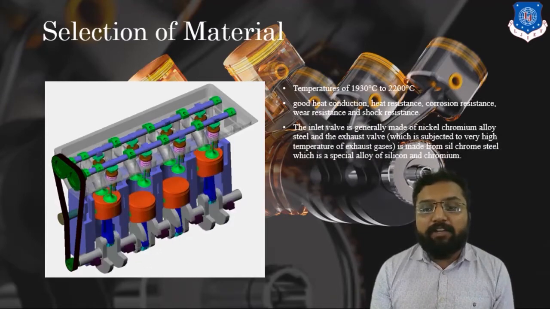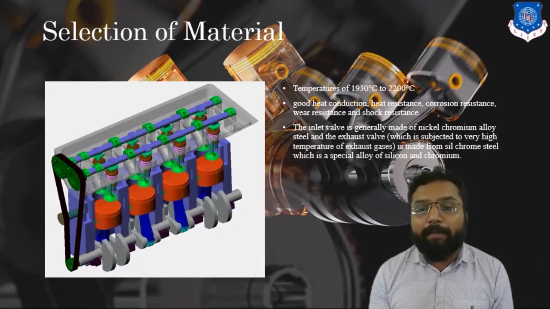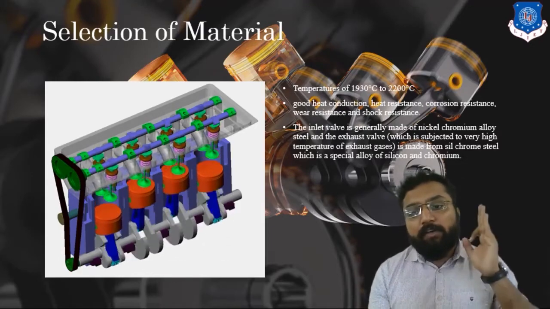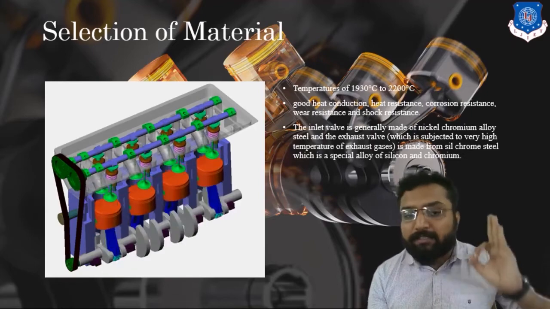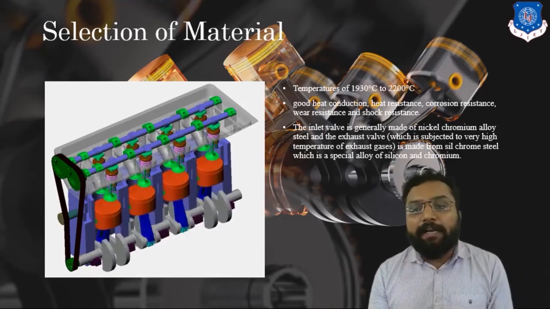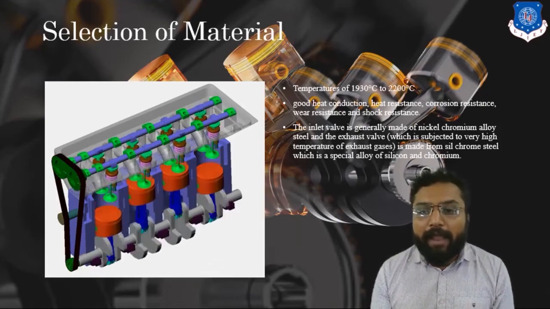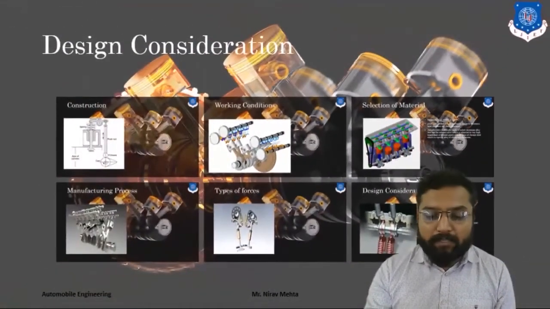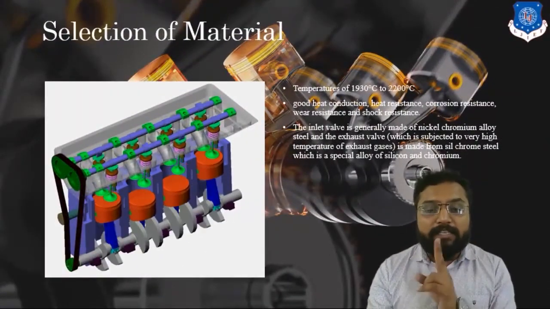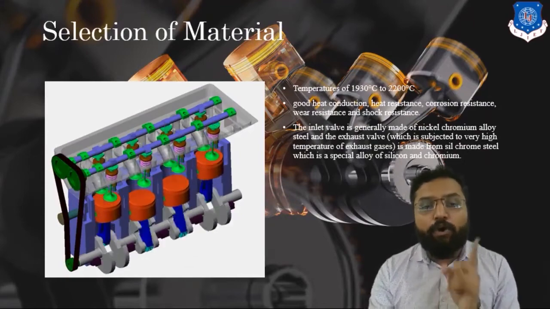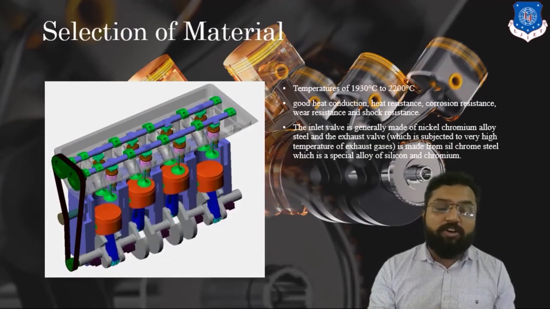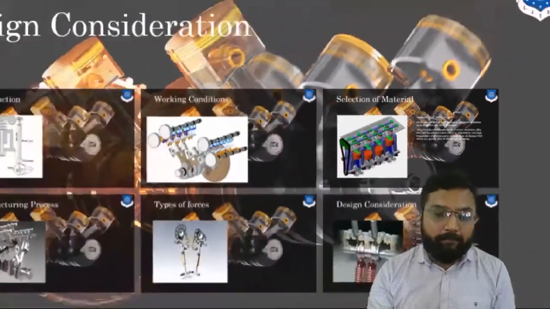So the inlet valve is generally made out of nickel and chromium alloy. Why? Because it mainly comes under wear resistance and shock resistance rather than temperature or heat resistance. So the inlet valve should be a nickel chromium alloy, and our outlet, or you can say exhaust valve, will mainly be a ceramic-type material, which is called silicon chromium steel. Silicon is a ceramic material, so it should have the capability to resist any excessive amount of heat.